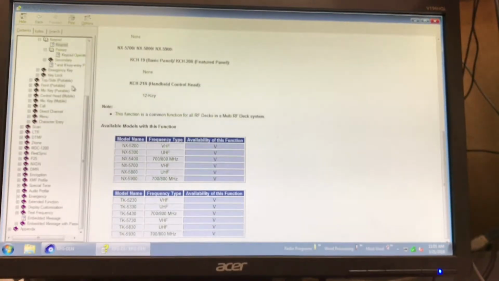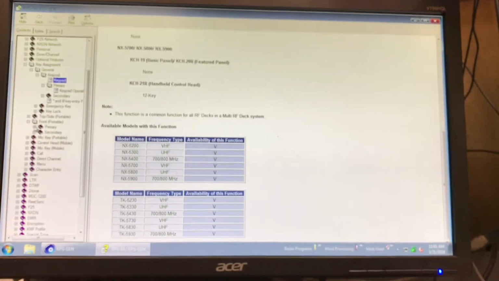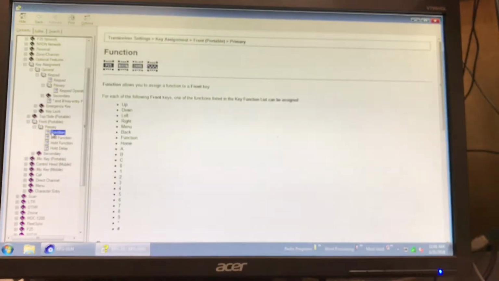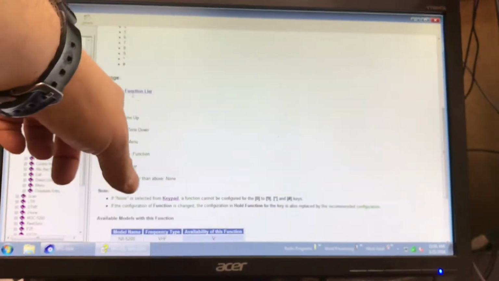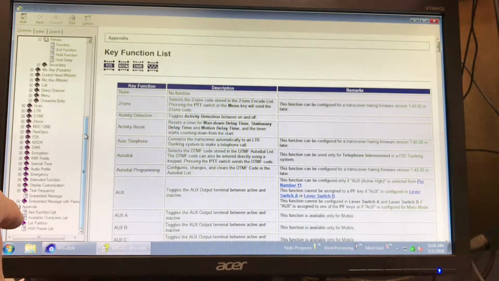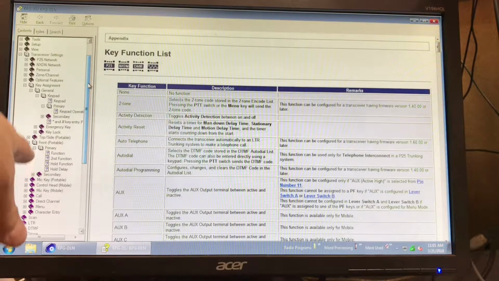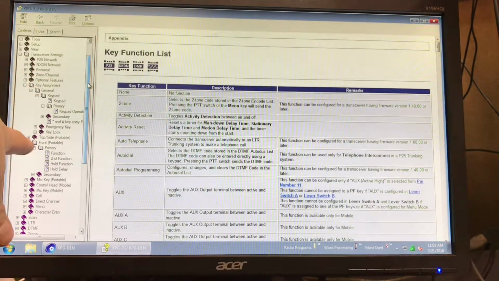Alright. One of these has the list. Here it is. Key function list. So key function list is under key assignment,